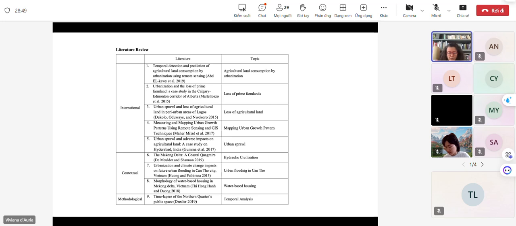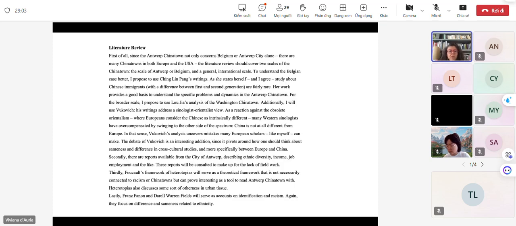So, of course, it's interesting and it's a good way for yourself to maybe kind of code, let's say, and make sense of the things you've been reading, but it's a very different thing when you start commenting on a literature review in your study, which usually takes the form of something like this, where you have a paragraph where you kind of explain, therefore, why certain writings by certain authors are used. So you can see here, for example, in line 4, I propose to use the writings of Qinglin Pang, and then as she states herself, and I agree. So again, there's a kind of sense of I'm aligned with this, and the reason why is because, and so on, and that kind of starts explaining.